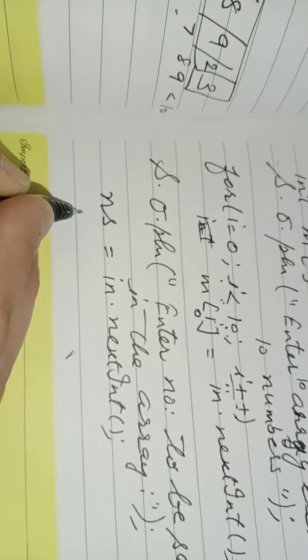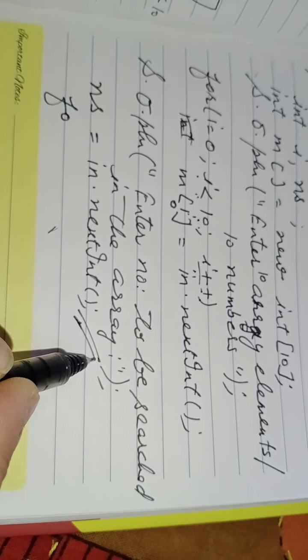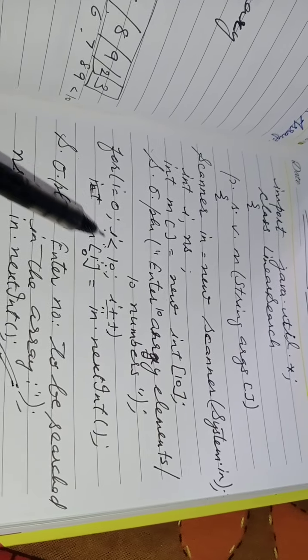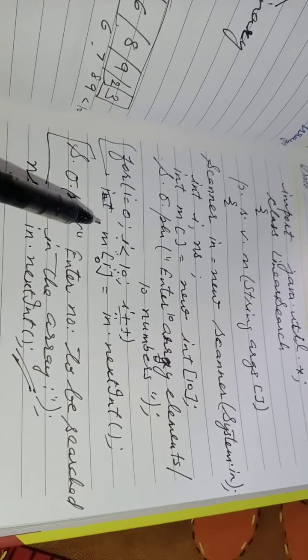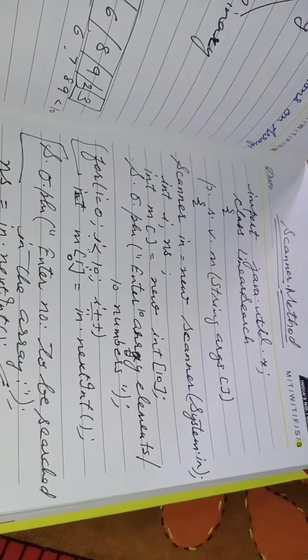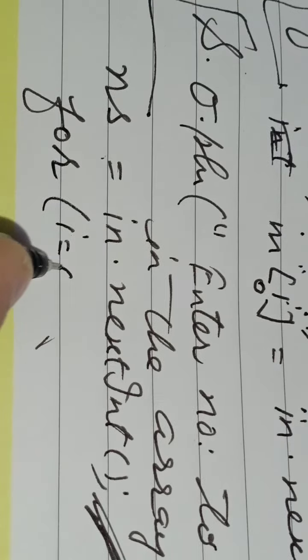Now we will start one for loop, the processing part for linear search. Up to this part, the linear and binary search programs are the same. First this is the input part for the array, this is the number to be searched. Both things are important to write in both programs, so they are also the same. Now the linear search technique starts from here. For i = 0, i < 10, i++. This for loop is to work with each and every element in the array.